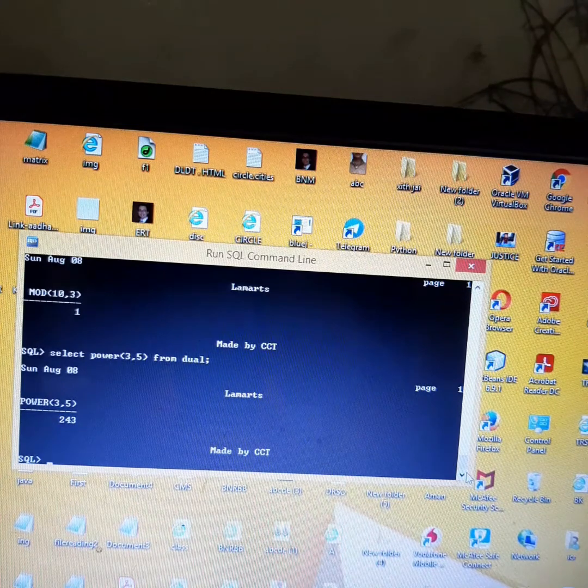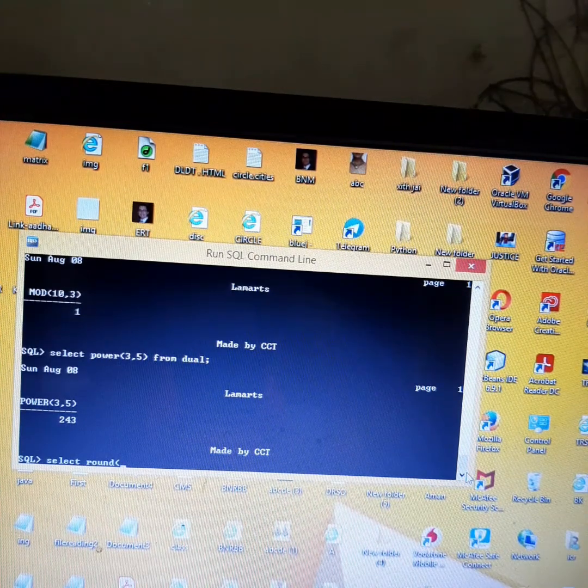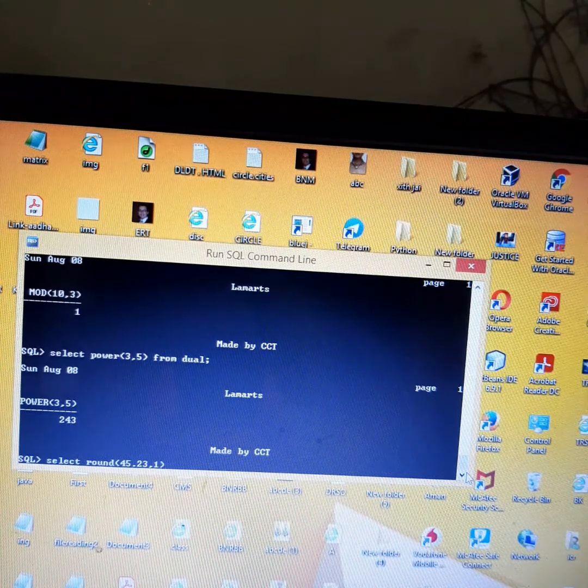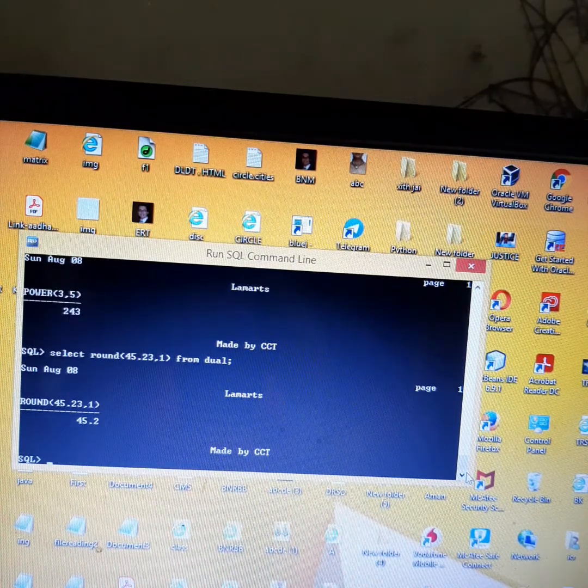Similarly if I want to calculate the rounded off value of a number, then we have a command like select round, and I give here 45.23 comma 1, rounded off to 1 decimal place, from dual. Since after the decimal we do not have a bigger value, it will give only 45.2.